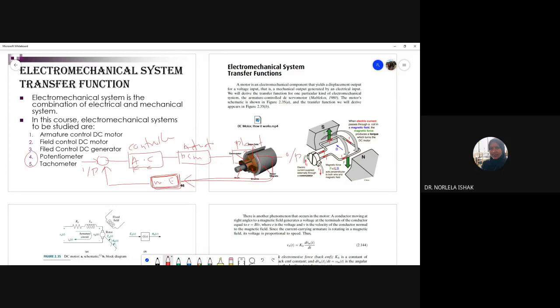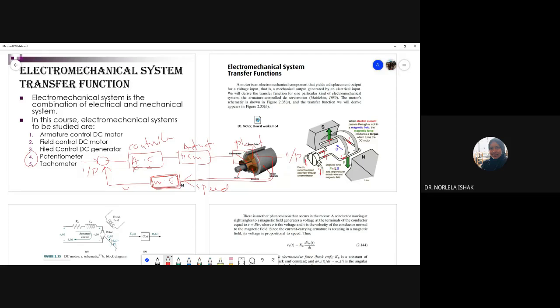Yes, good. We measure speed. We convert speed into voltage. Meaning the input is a speed and the output is a voltage. That's from the block diagram. So from the block diagram, in this example, we have four subsystems. You have to define the transfer function. Okay, for today,